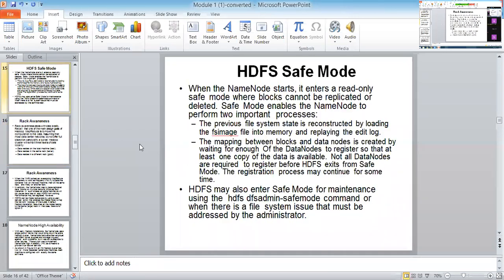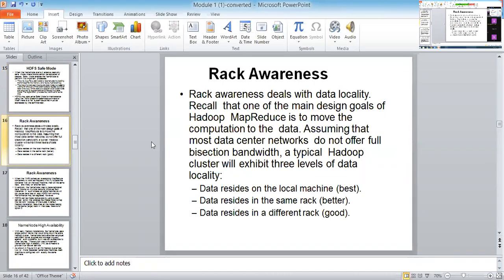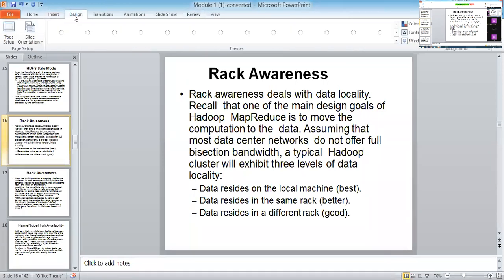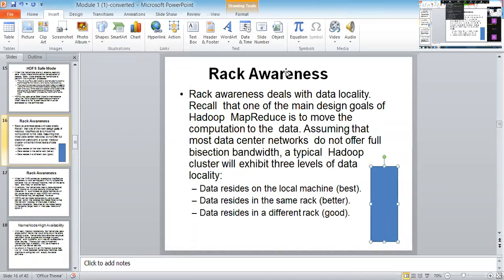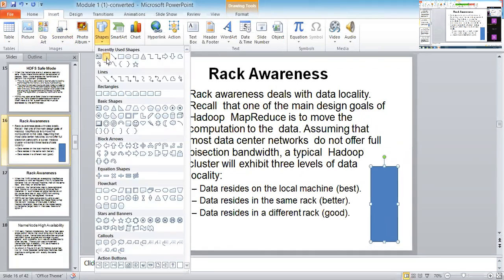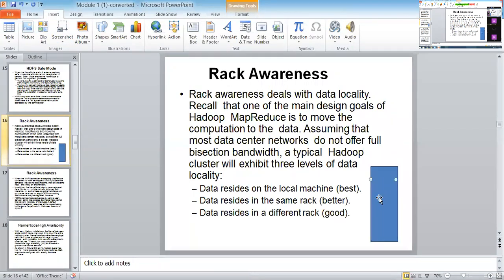Okay, so with this we are going to have one more concept, that is called rack awareness. You people know when we are having a huge amount of data, we are going to store the data in terms of racks. Basically rack awareness deals with data locality, where the data is going to be stored. Let me show you again here. If this is a big server, for example, the server you see in the college, now if I divide these servers in terms of racks,